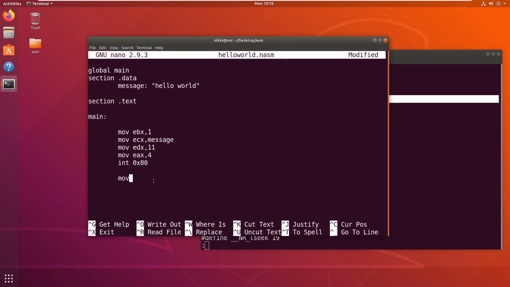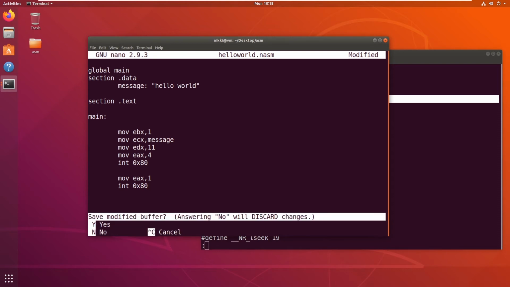So we can simply copy the number 1 into EAX and call the software interrupt. This software interrupt invokes the system call handler and it will invoke the exit system call. Now let me save this. Press Y and hit enter.